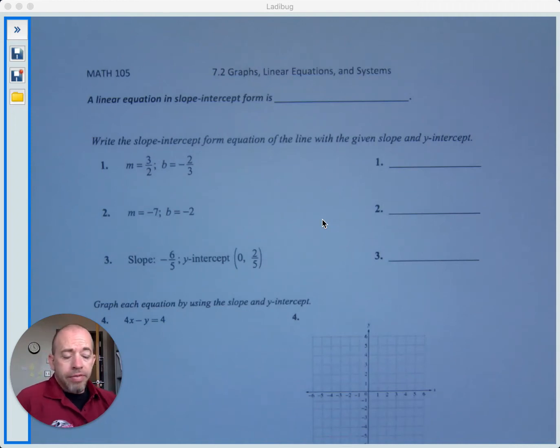Alright, we're ready for 7.2 on graphs, linear equations, and systems. So we'll look at more things we can do with lines. We talked a little bit about slope-intercept form in the last section, but we'll continue that in this section a